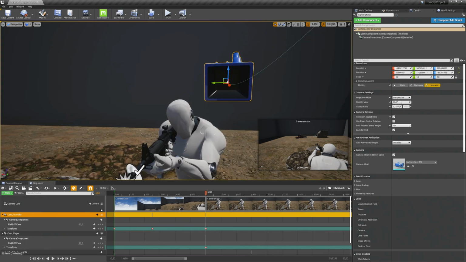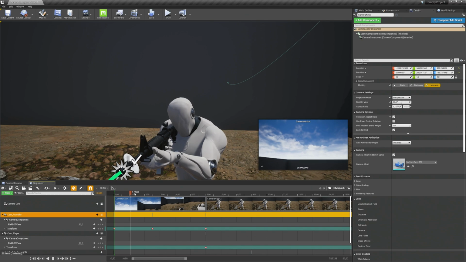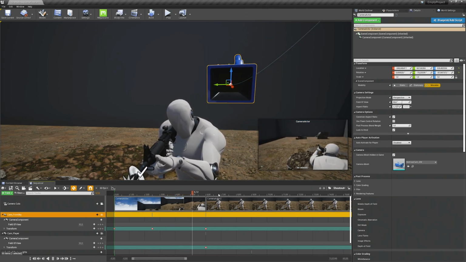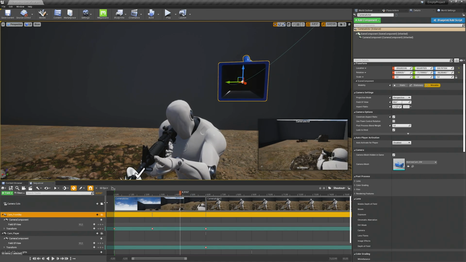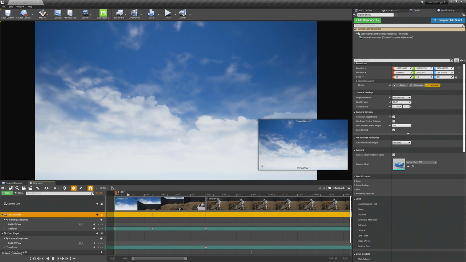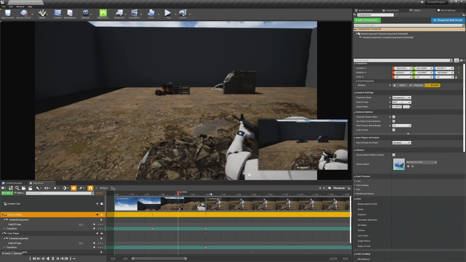Let's stop piloting it, click on the Lock Viewport camera button again. And if you play it again, you see that you don't have any camera animation in your active viewport. But if you set the checkbox again, just click the camera cut icon again and hit play, you see that the animation is playing properly.